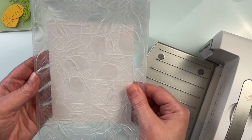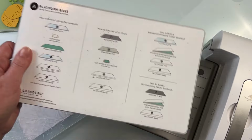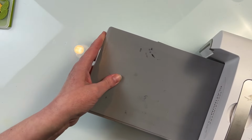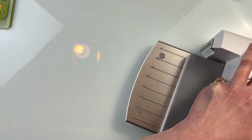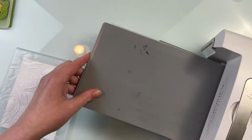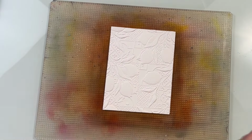Once that is done and I have those sentiments to the side ready to go, I'm ready to start my first card. So I'm starting off using that Lemon Fresco embossing folder with some Hammermill cardstock, and I'm just going to emboss it using the stacking for 3D embossing with my machine, and that is going to be my card background. I started out with a 4 1/4 by 5.5 inch piece of cardstock,